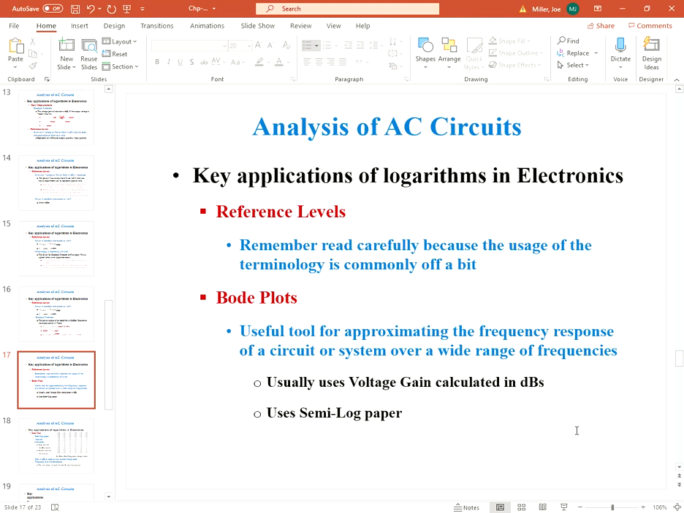Reference levels. Remember, read carefully because the usage of terminology is commonly off by a bit. Somebody drops leaving the M off of the dB. Somebody leaves the D off of power gain. And you can see by the calculations they're giving gain as A equals so many dBs. You say, oh, there should have been a dB there as a subscript for A. Or they leave off the M when they're saying the power output is